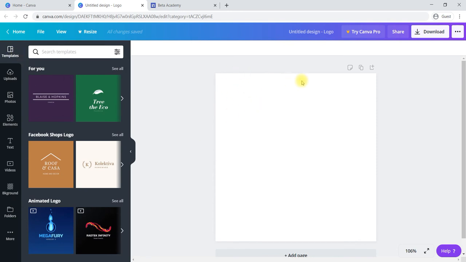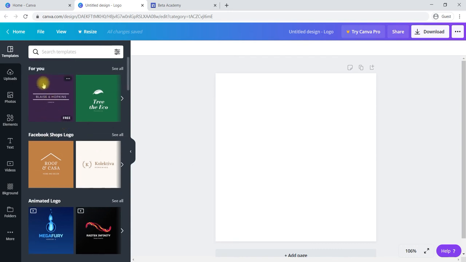Again, this is where the preview of your work is, whatever work you would like to do, you can do it here. You can insert a new page by clicking here, and you can duplicate the page, or delete it, or add a note to the particular page. Once you are done, you can download directly from here, or you can share with your friends or anyone. First we will start with creating a logo.